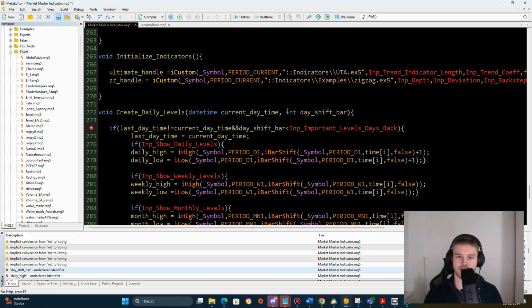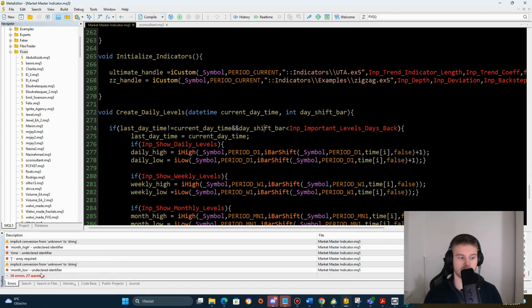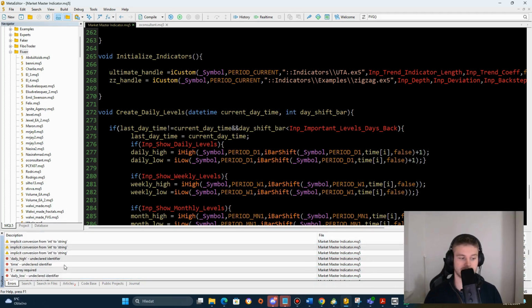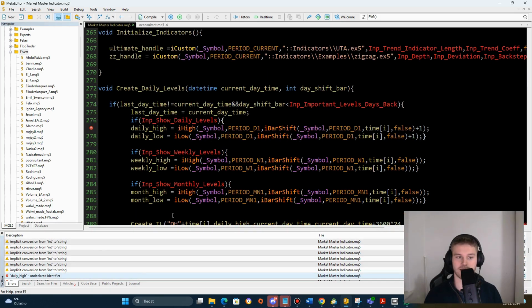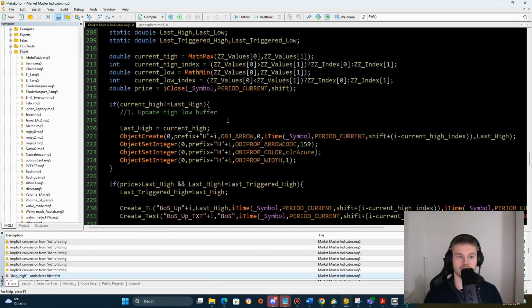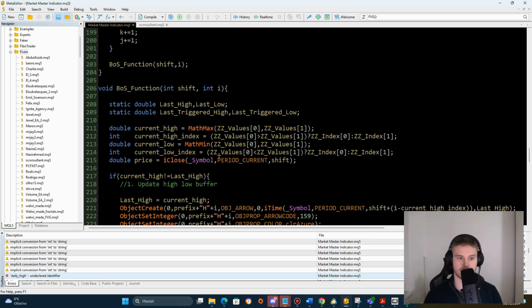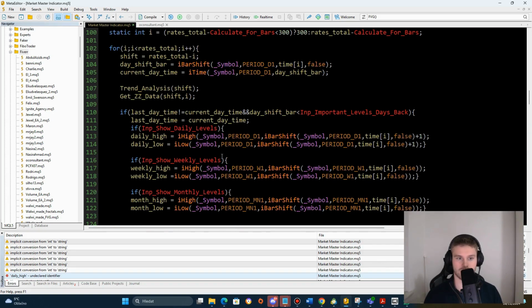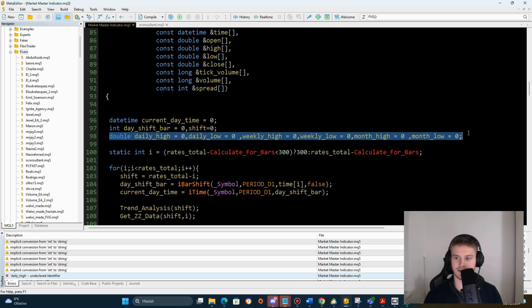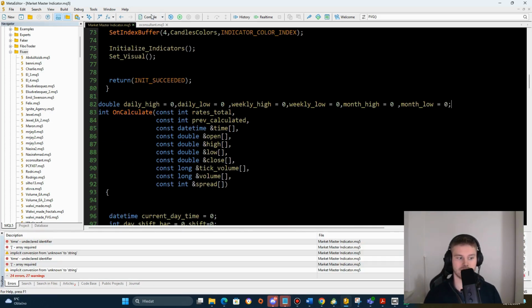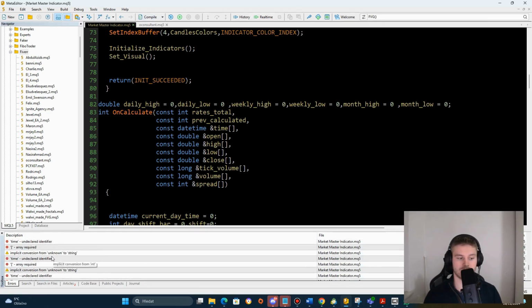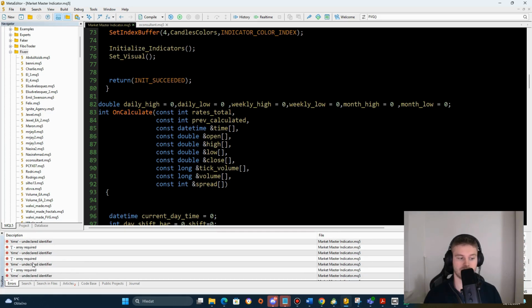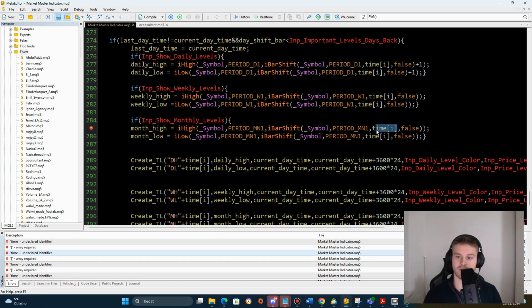I hope I remember the data types of these values correctly. If not, I will change it later. So now I reduce the errors to 36. So now daily high. Okay, so now what I can do, instead of using inputs, which I could, I can just take this here, copy and paste it here. Okay, so I reduce this to 24 errors, and it seems like the only error is that I am using the time array, which is only defined,